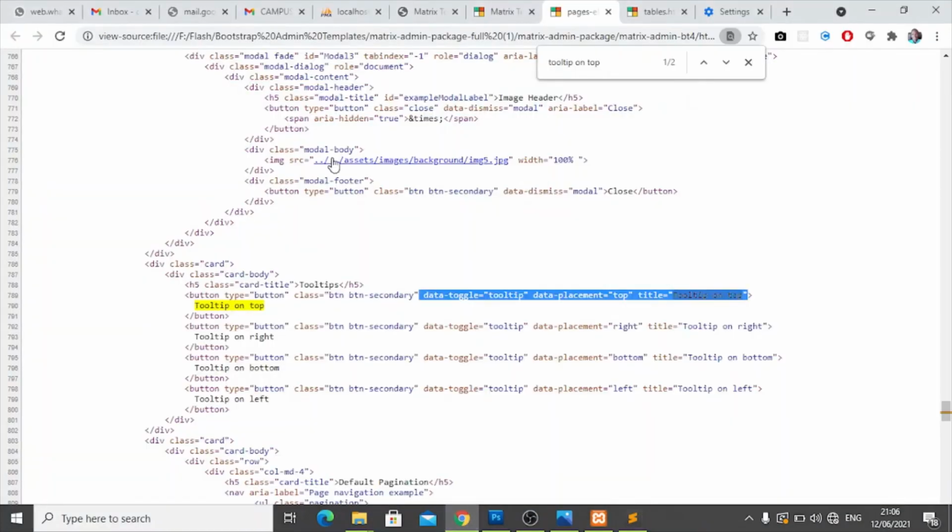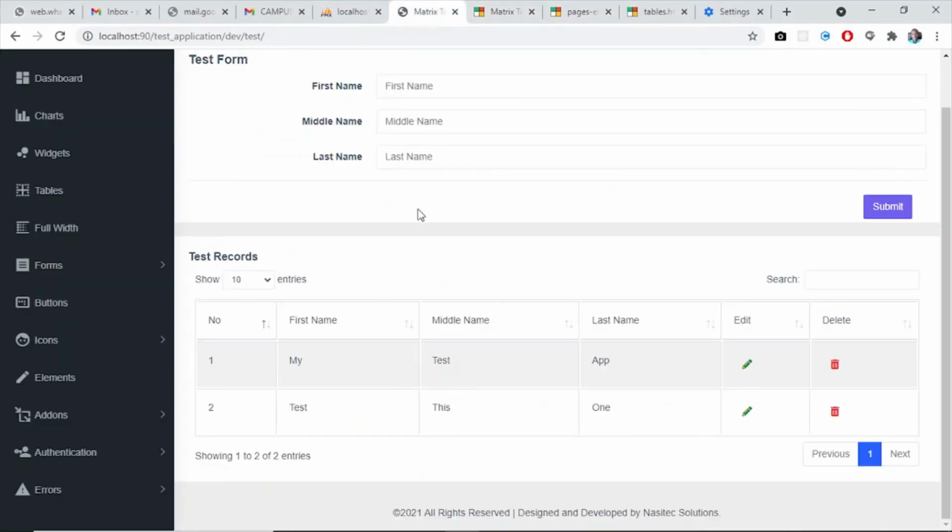So let us refresh our page and see how it will appear. Now, as you can see, the tooltip is showing, which is also very nice. The tooltips are showing. Okay, that is that. So once you get there, we can now say that we've successfully added a Bootstrap admin